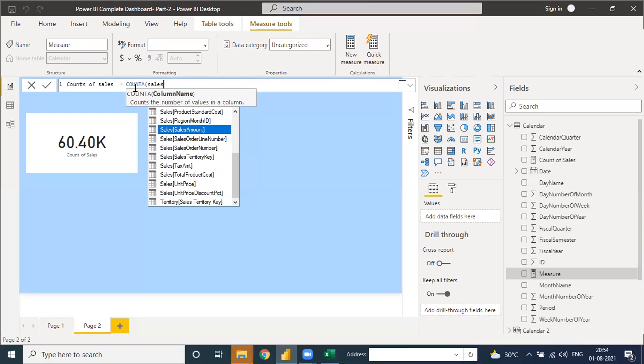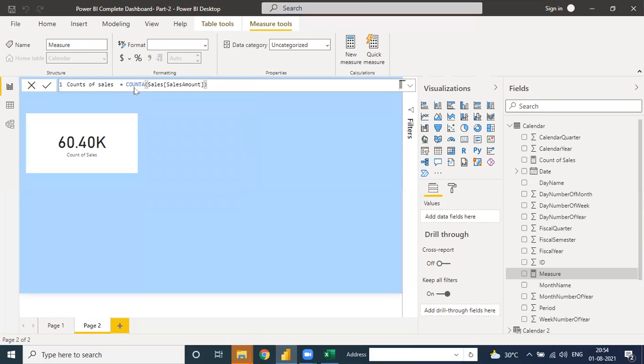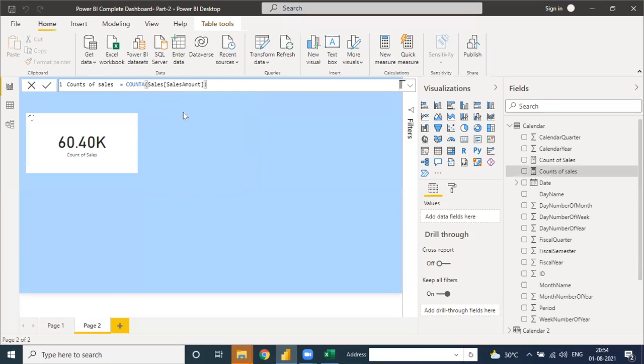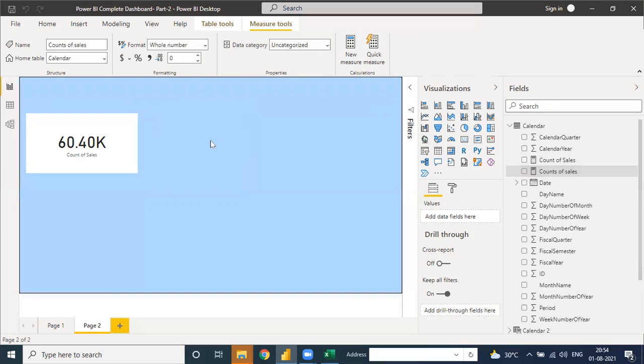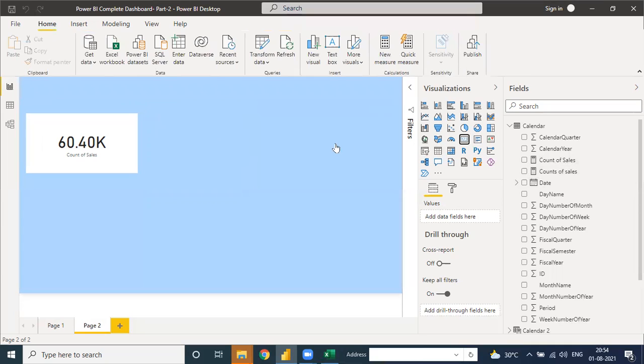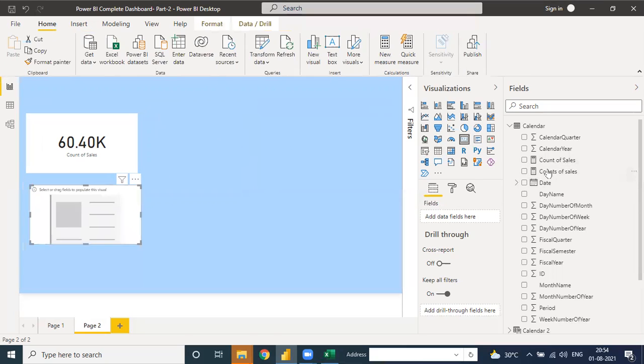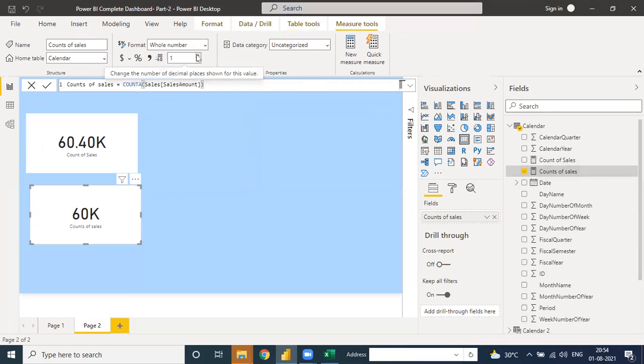Suppose under the sales amount, because we don't have anything to judge right now in this example, we use the same formula, and it will give you the complete count, same as this one. You can directly go to the new chart and move the count of sales, see the complete value count of sales. You can directly choose the 2.60.4k, because all the sales column values are numerical and it will also count under the counter.